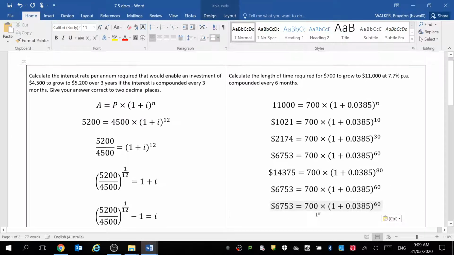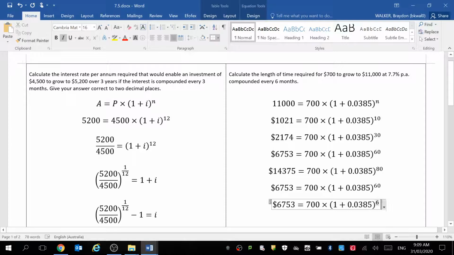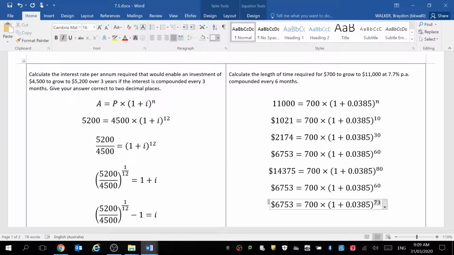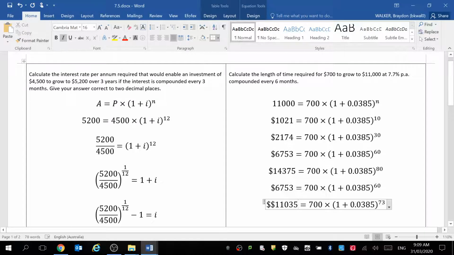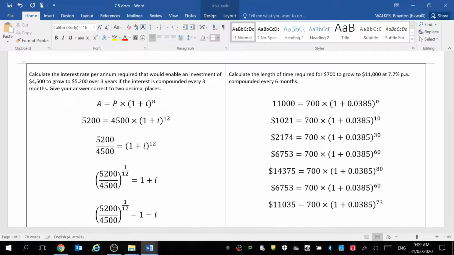I'll just put that working here. So when I use 73 as a compounding period, I get $11,035. Now, how long did that take us? Well, it took us 73 periods. Notice I said 73 periods there. If you were to type the following,